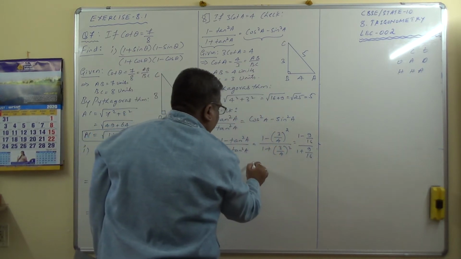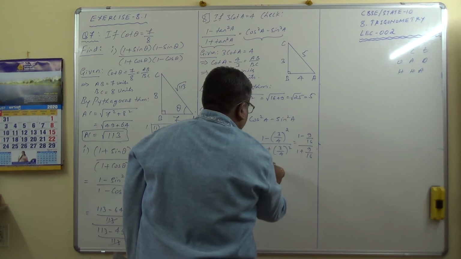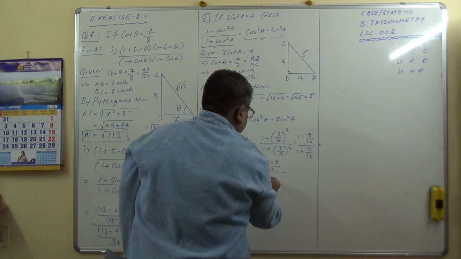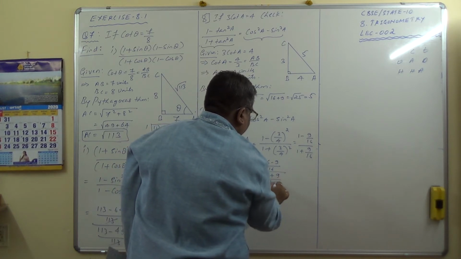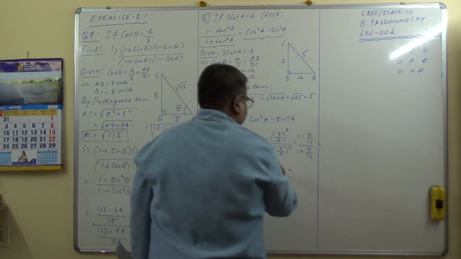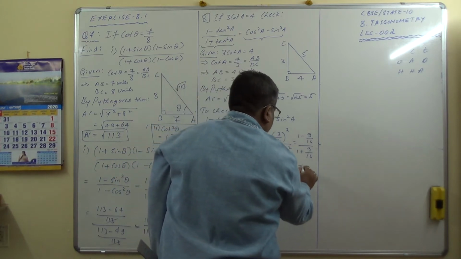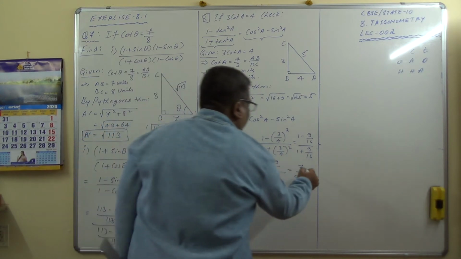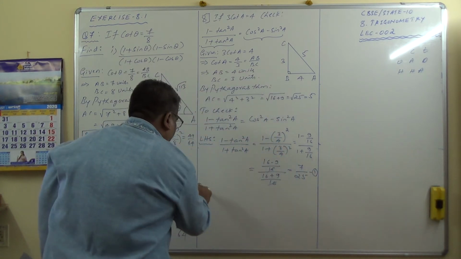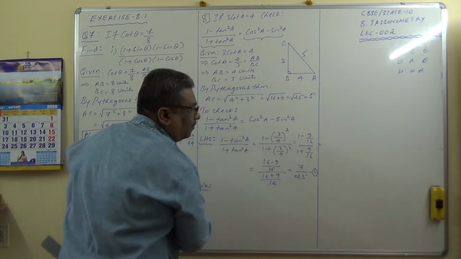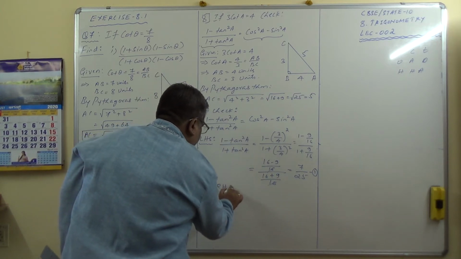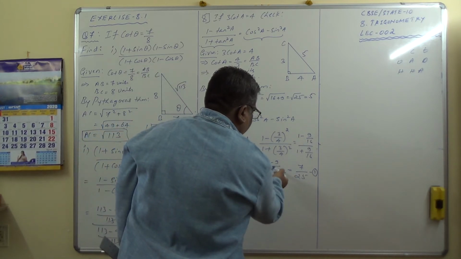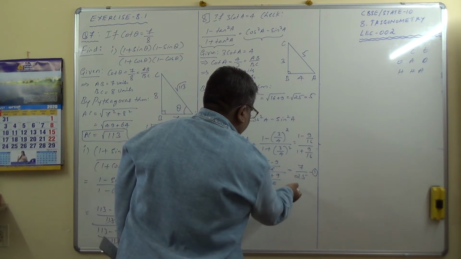Therefore, which equals once again 16 minus 9 divided by 16 the whole divided by 16 plus 9 divided by 16, which is 16 minus 9, 7, divided by 16 plus 9, 25. Mark it 1. Now RHS. I think it's correct. 16 minus 9 is 7. 16 plus 9 is 25. It is correct.